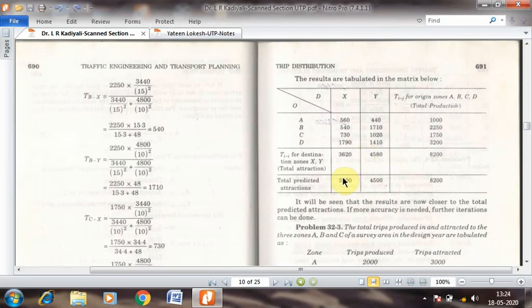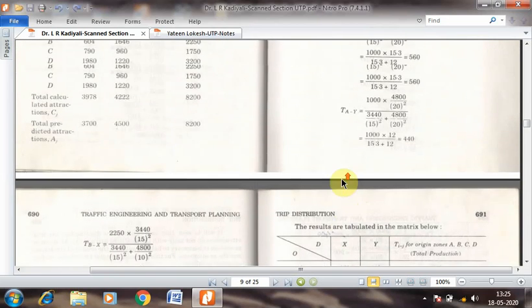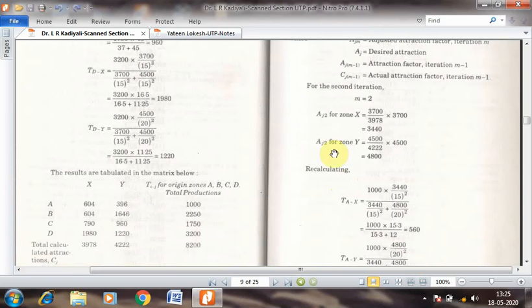then you need to again reiterate the process. Okay, so in case you want to go to the next iteration, then what you will have to do is repeat the process by again finding the next adjustment factor or the adjusted attraction factor, and then repeat the whole process. I suppose you already know how the adjusted attraction factors need to be calculated. It is similar to the one that we did here. Okay, you need to find the new adjusted attraction factors.